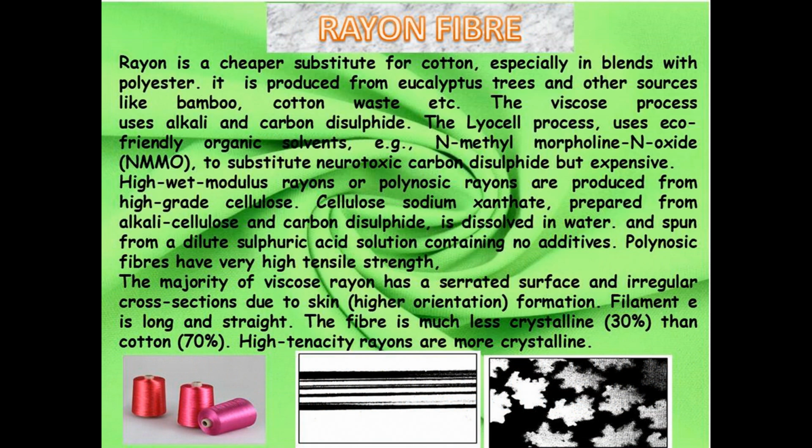Rayon fiber. Rayon is a cheaper substitute for cotton, especially in blends with polyester. It is produced from eucalyptus trees and other sources like bamboo, cotton waste, etc. The viscose process uses alkali and carbon disulfide. The lyocell process uses an eco-friendly organic solvent such as N-methyl morpholine N-oxide, that is NMMO, to substitute